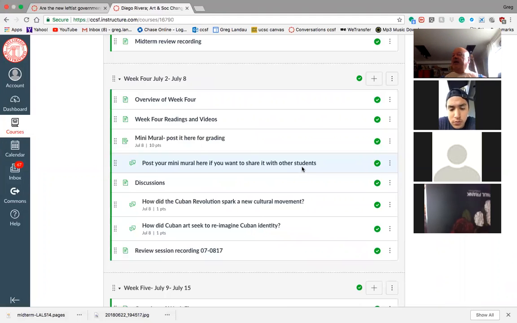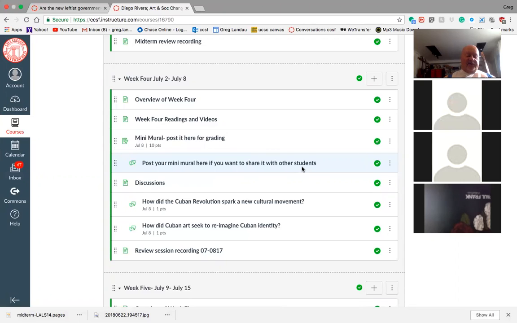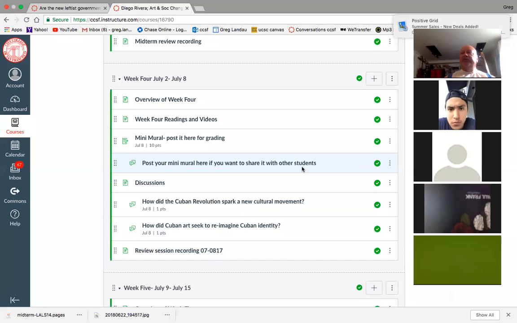Anyway, the mini mural is just that. It is a visual statement or narrative of an idea, to express an idea through images. So this is to put yourself in the shoes of one of the artists. Here you are with a blank canvas in front of you and an idea, and how do I express it? So let's say you don't know how to draw. Then you just cut collage, cut pictures out of a magazine, newspaper, internet, or Photoshop or something like that, just to find a way to express ideas through images.